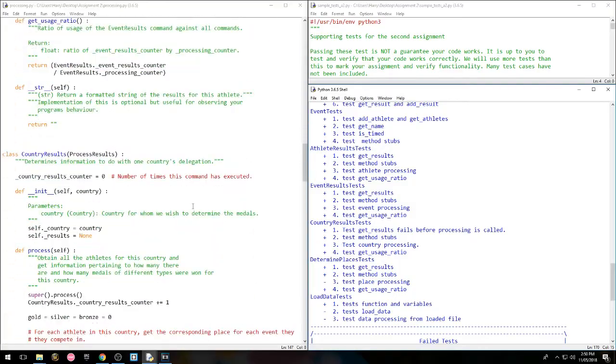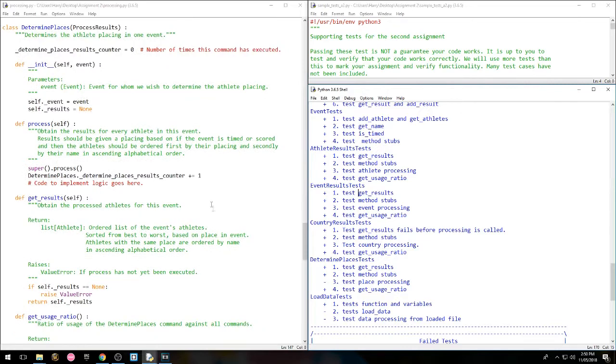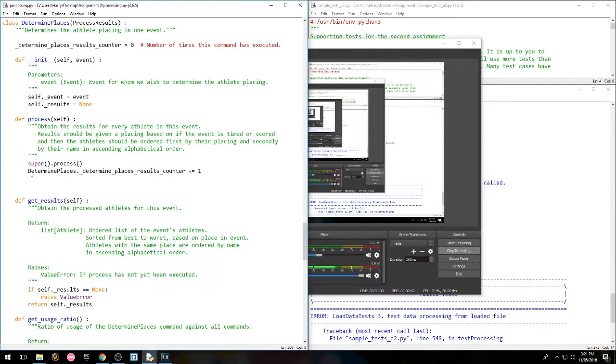So let's now come down to DeterminePlaces, and DeterminePlaces gave people who at least reached it the most difficulty for this assignment. What I'm planning to show here is that even DeterminePlaces can become quite simple if you break it up into the appropriate steps. Okay, so we are now on DeterminePlaces, and I'm going to show you how to do the